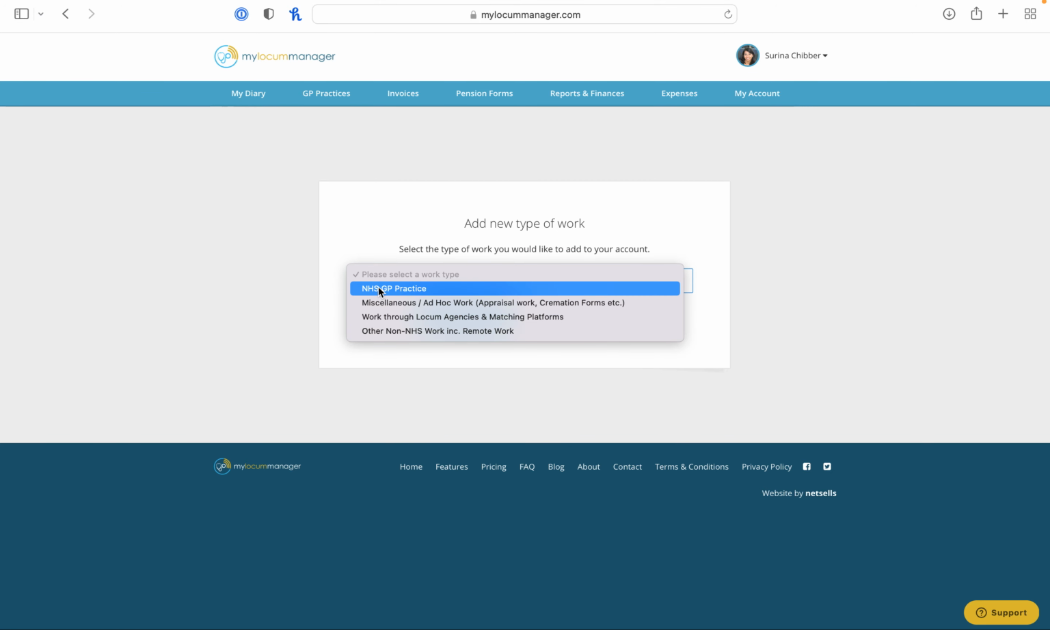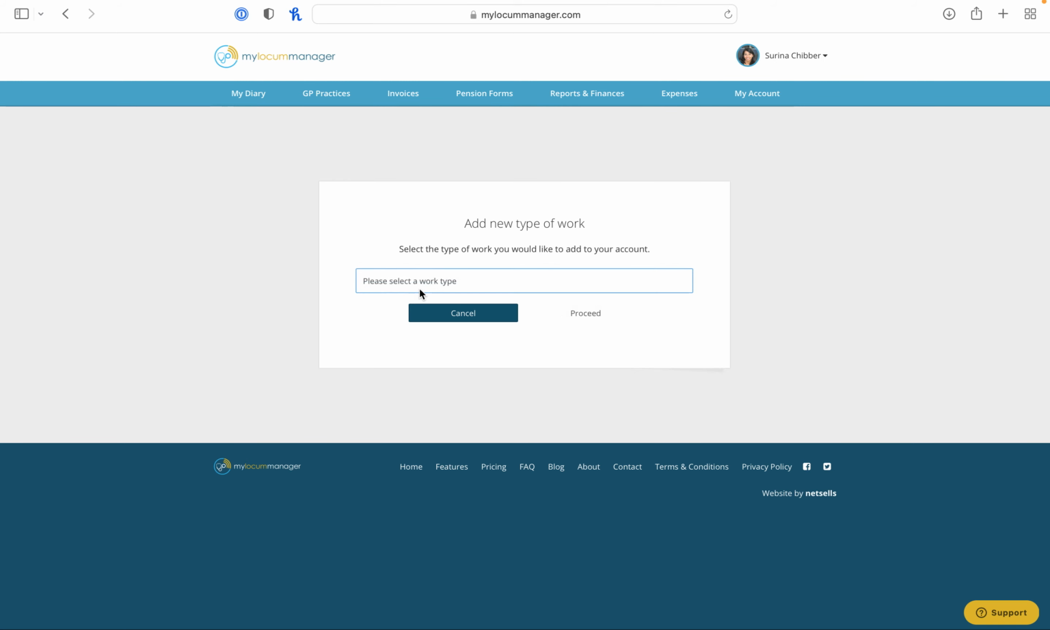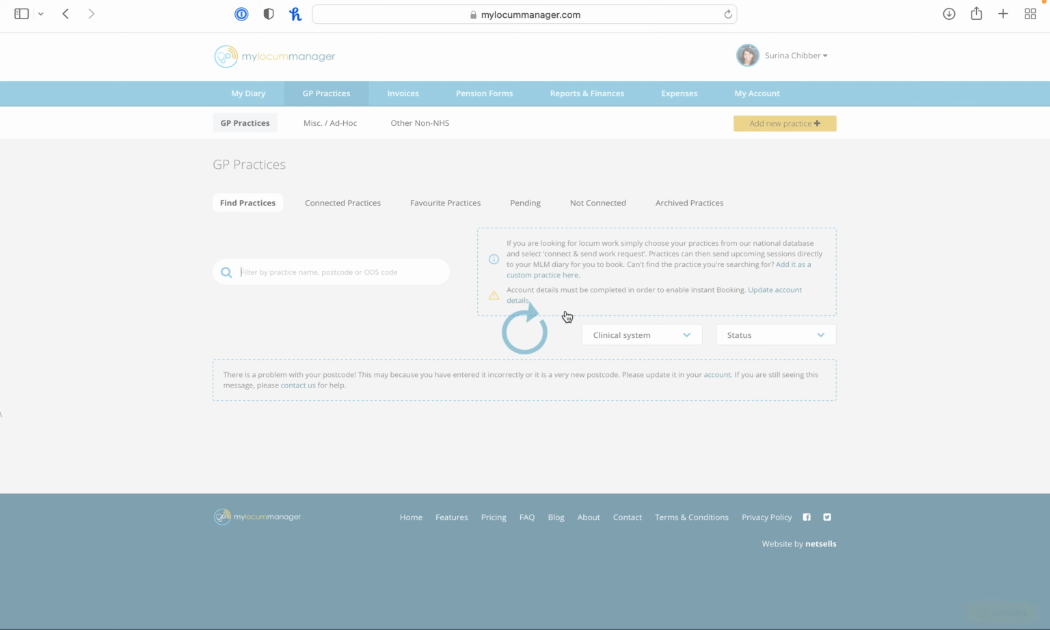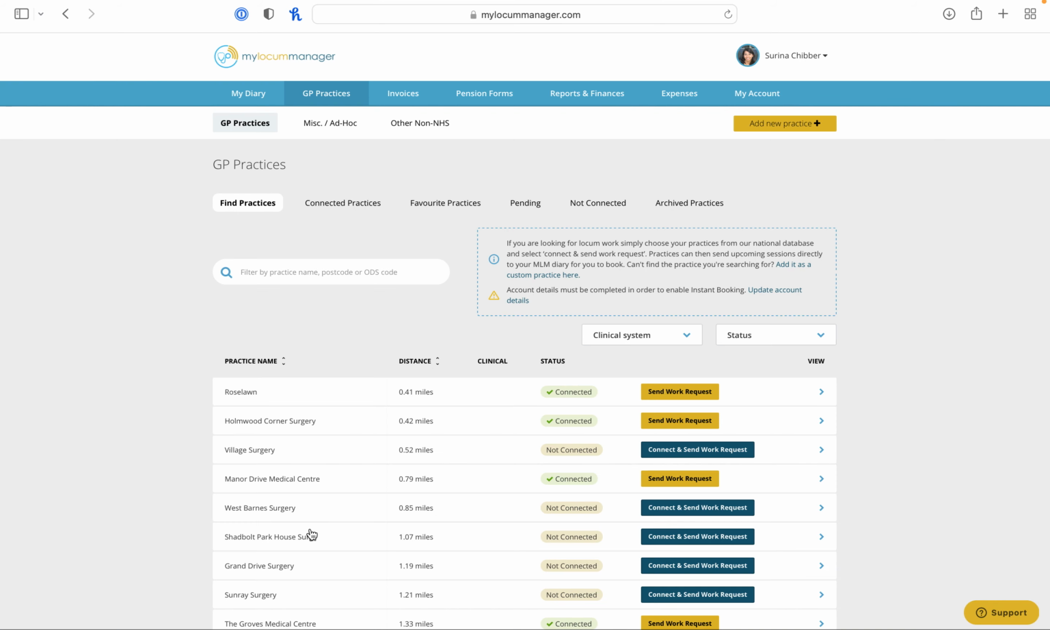So you can select whether it's an NHS GP practice, other types of work, whether it's work booked through locum agencies or remote work or non-NHS work. So for this example, I'd select NHS GP practice, and the system will then look up all practices local to me, and then I will just select which practices it is that I'm working for based on the list that